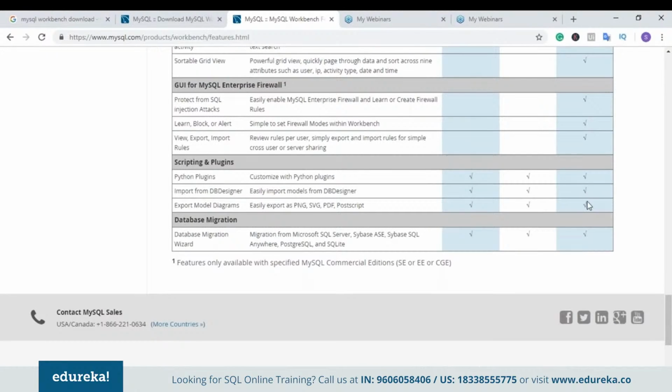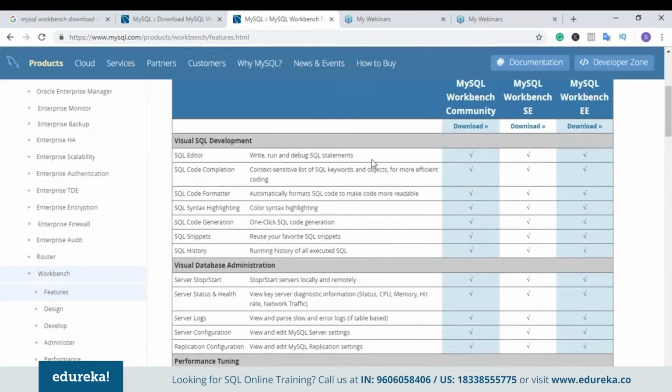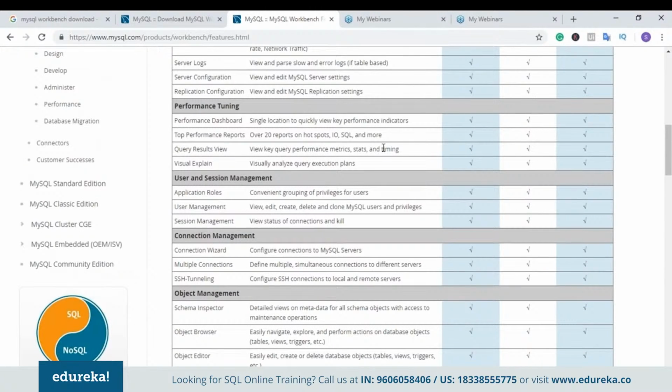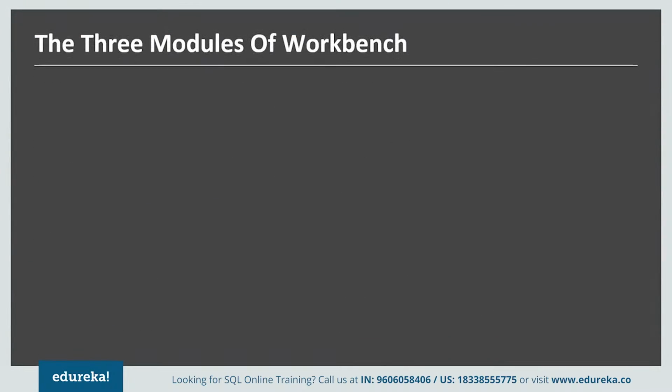Since this session mainly aims to teach you how to use Workbench and how you can play around with the various functionalities and make it easy to use, we're going to use the Community Edition. The Community Edition provides all these features that I just mentioned, so don't worry, we'll be looking at them one by one. Alright, so now that you've understood the various editions of MySQL Workbench, let's move on to the next topic,